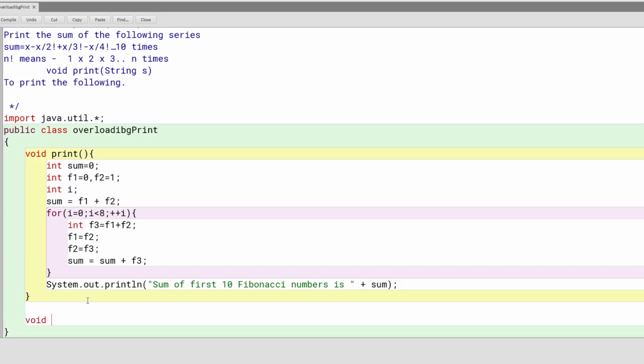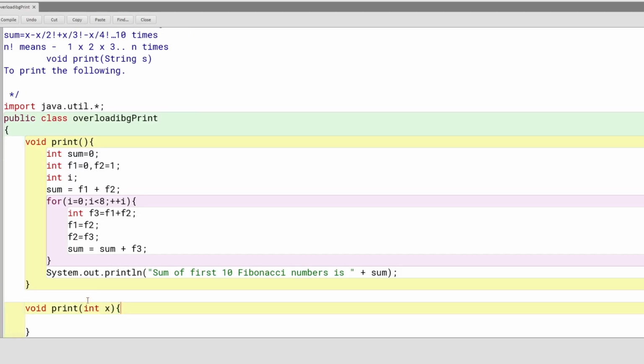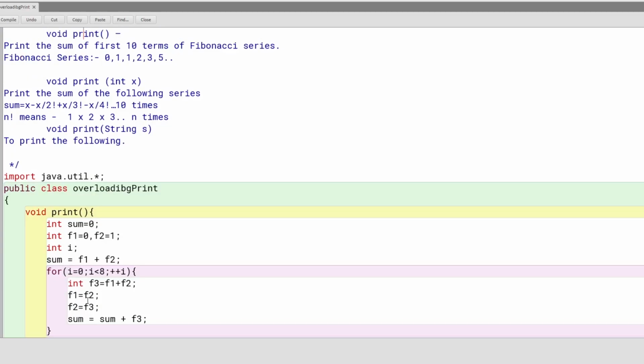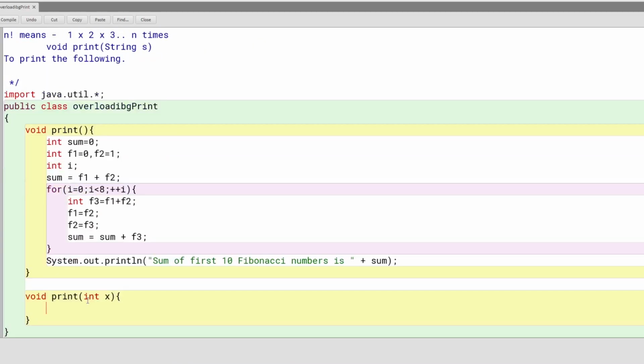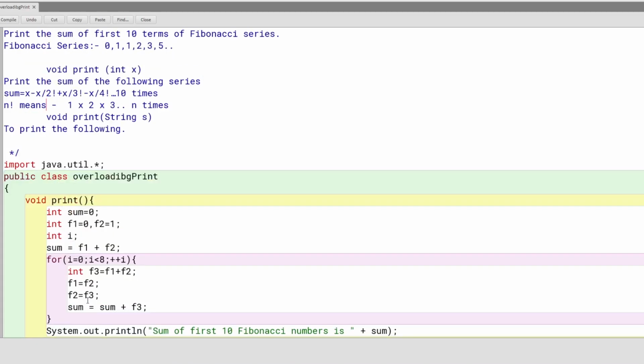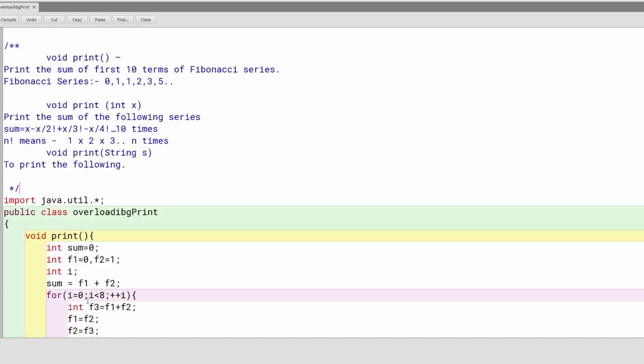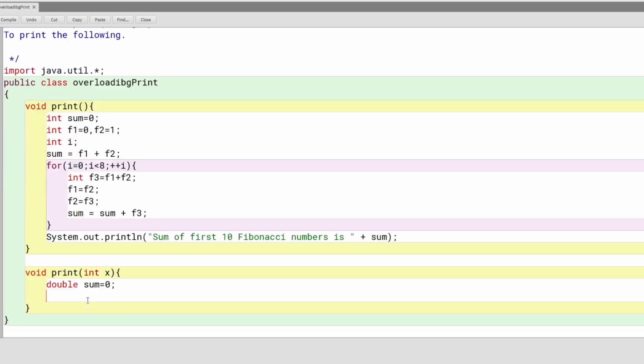The second one is now void print. It will take an integer x and it has to print this pattern. Now this one is definitely double, so we'll need double sum, which will start with 0. Now what we want is to print the sum of the 10 times. So again this will go 10 times. So for int i equal to 0, i less than 10, plus 2, 5,